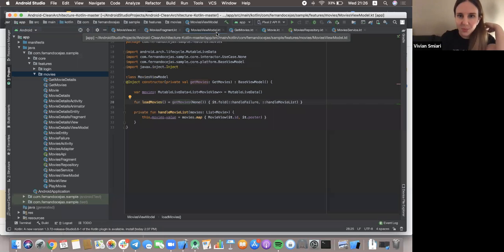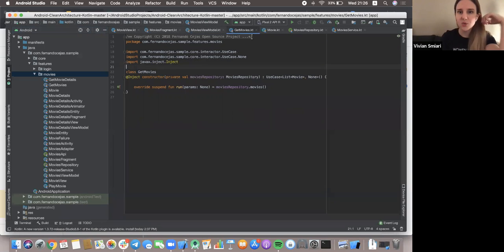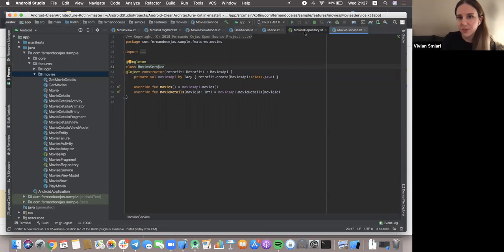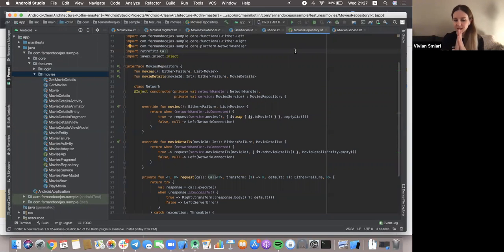So let's go one step backwards. The movies view model executes the use case, which is the get movies use case, as we can see here. It has a dependency there. And then the use case get movies is actually called from the movie service, where the movie service is an implementation of the movies repository, as we saw in the beginning, the repository pattern, where we have a movies repository interface, which